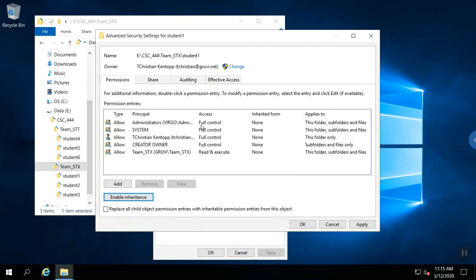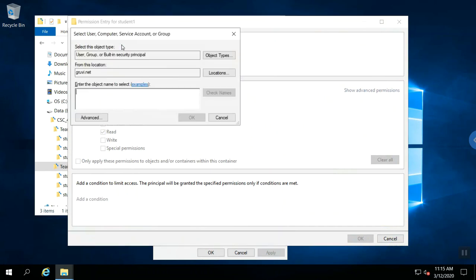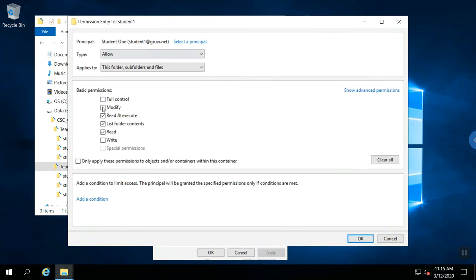We don't want that. We're going to add, for student 1, more control for the student who owns this folder. And we'll change ownership in a second. So we're going to do this and enter student 1. And this time we're going to select modify. Why not select full control? If you select full control, it means student 1 can actually delete the home folder, student 1. We don't want to do that. We don't want to give student 1 so much power they can hurt themselves. So we're going to say okay,